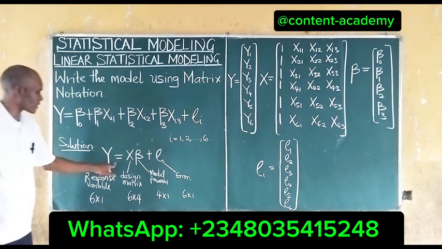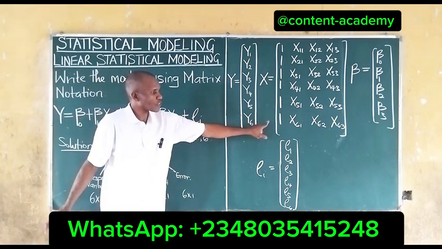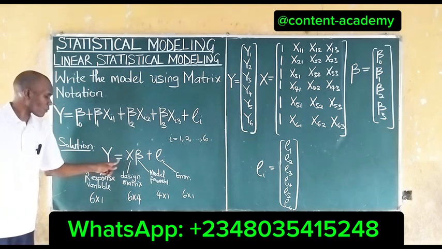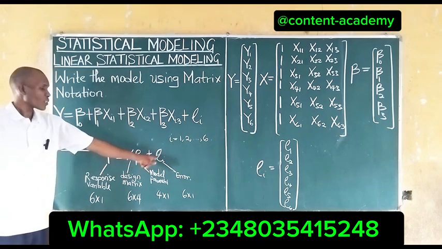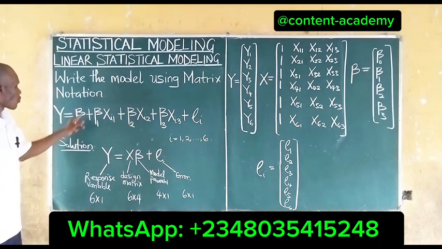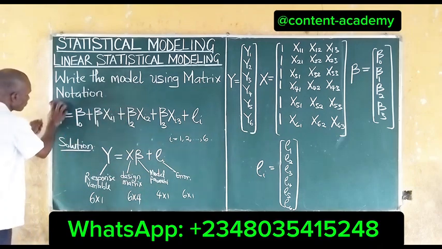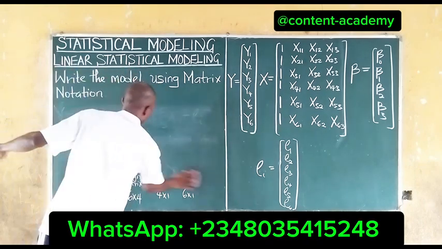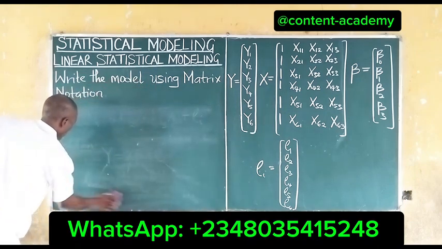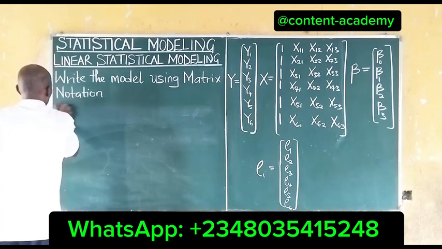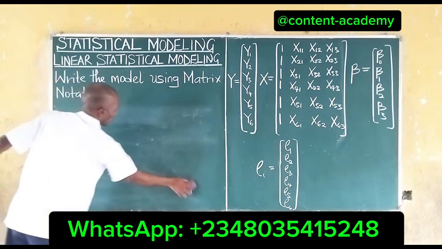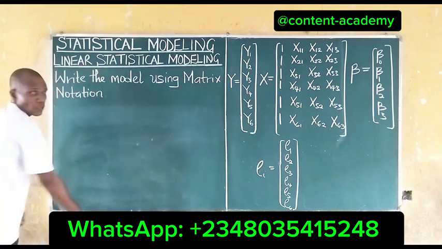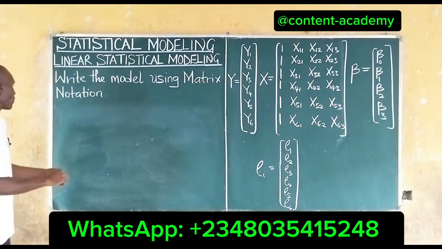So how do we write it like this? Whenever you compute your matrix notation like this, you have to put it in this format, because this becomes our model: y is equal to xb plus our random error, which is e. So we have to rewrite it properly. Rewriting our model properly, we have